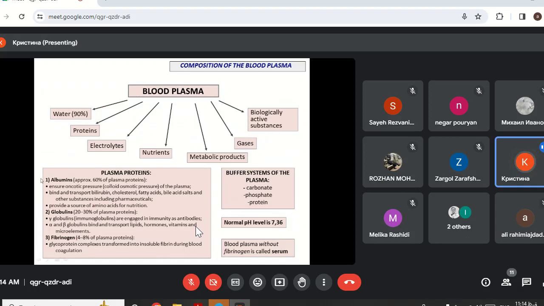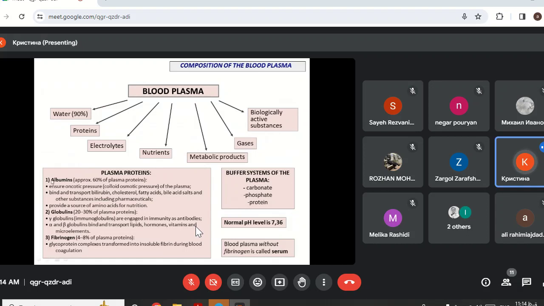Albumins make approximately 60% of blood plasma proteins, and here is the list of their functions. They ensure oncotic pressure, colloid osmotic pressure of the plasma. It means that the presence of such proteins, of albumins, inside the blood plasma prevents leakage of water from blood vessels outside to surrounding tissues. So the watery blood always stays inside blood vessels,